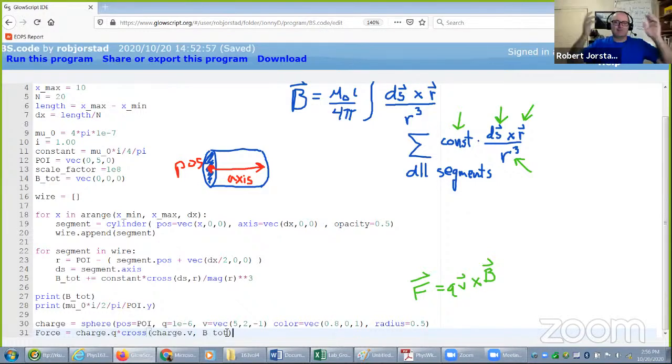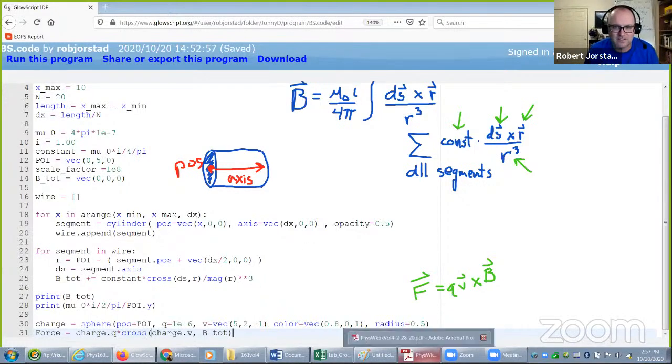And that's kind of the big picture of what I was hoping you might achieve for your oral presentations. Use straight line segments to draw out a shape like a circle or a square or a triangle, and use that to figure out how it affects a moving charge. And here's what's really, really cool about it. If I go to this,